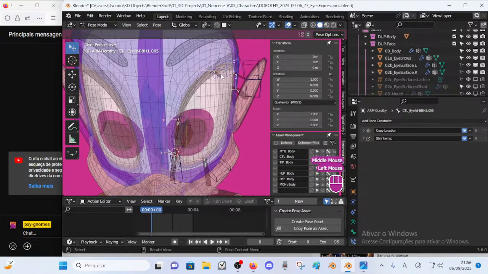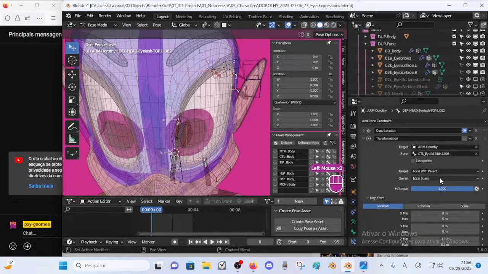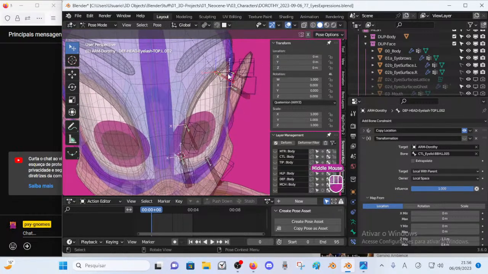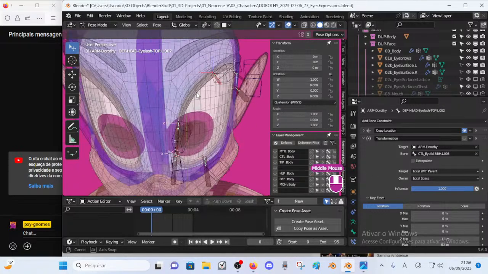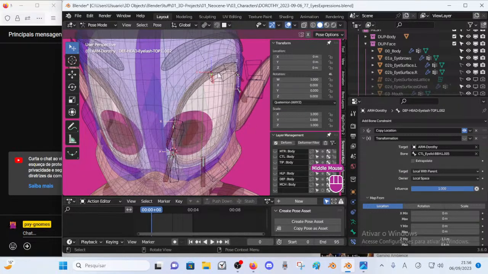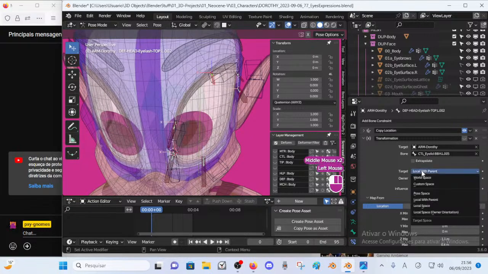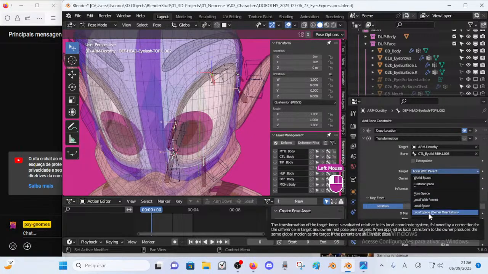The reason I need to do this for this one is because there is some different parenting here for a very specific situation, and so I cannot toggle this to local space.